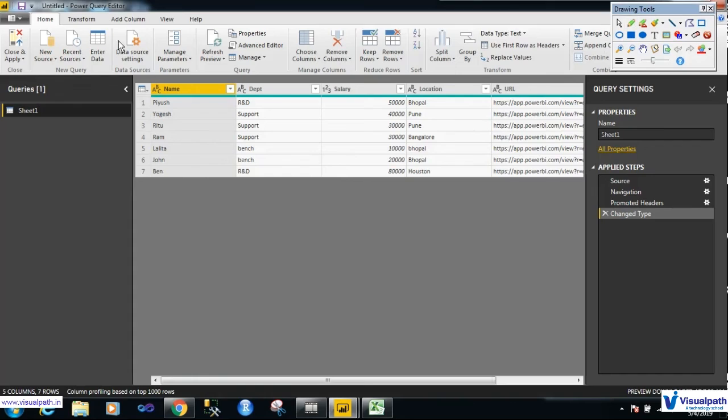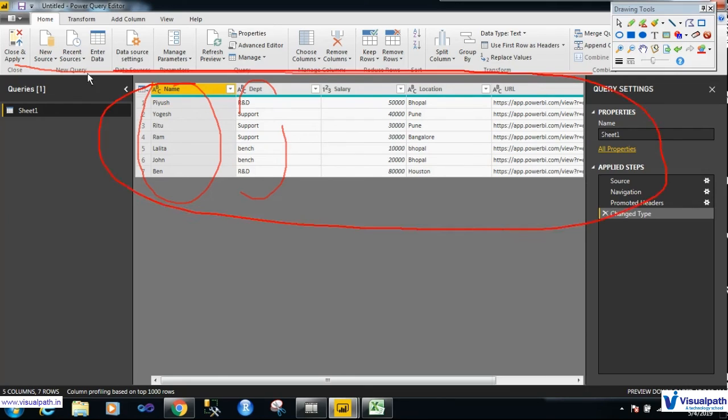You can append records, delete records, manipulate records, and apply any transformations you want. If you want to merge two files, or append the data from one file into another, you can do all the transformations and manipulation of the data in Power Query. Whatever changes you make here will get captured. When you click on Close and Apply, it will get saved in the dataset, in our case in Sheet 1 or the fields. So I think you've got a clear idea.